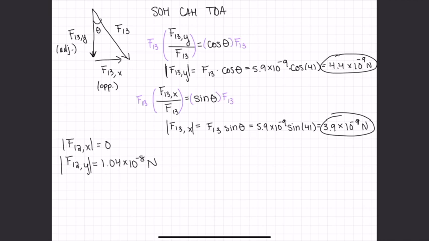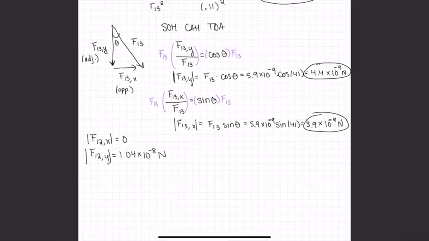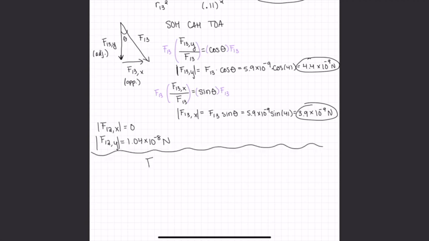I do not have the directions put on these. So when I set up F net x, there is no x component for F12, so it'll just be the x component for F13, which is already in the positive direction. So I will put a plus outside that magnitude, and then that'll just be equal to that 3.9 times 10